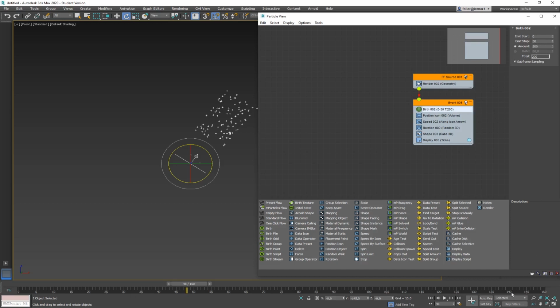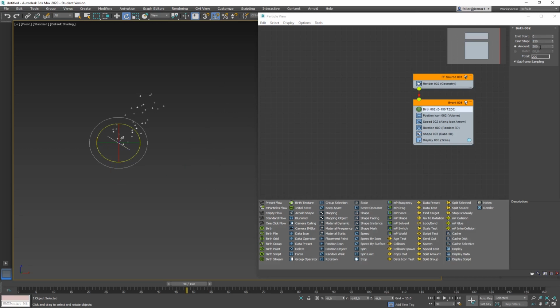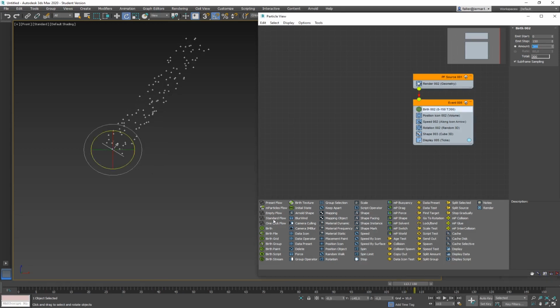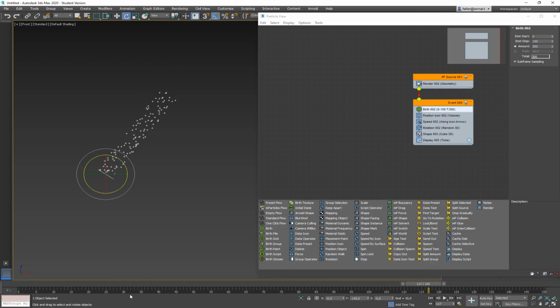My timeline is 150 frames long, so I want them to be born all the time. So from 0 to 150. That means maybe the total amount could be more, but let's leave it as it is. Here it is. Maybe let's make it amount 300. So every frame, 2 particles are born. And they all fly out like this.